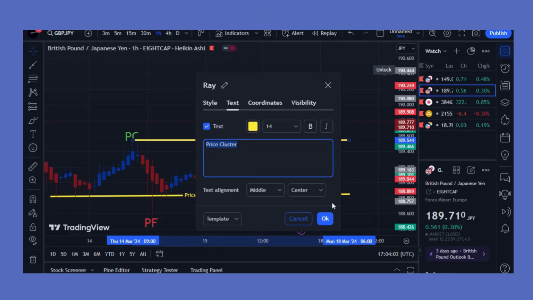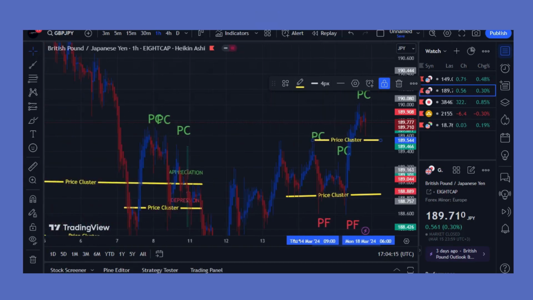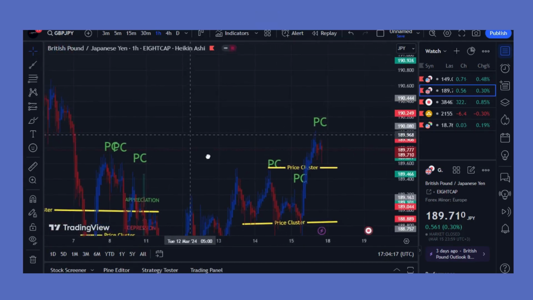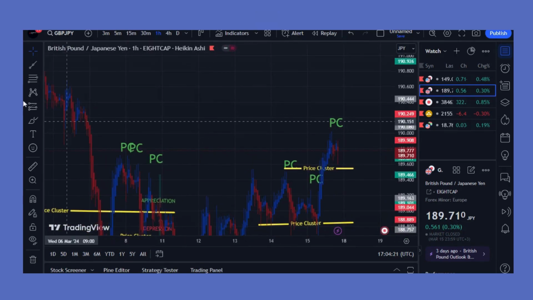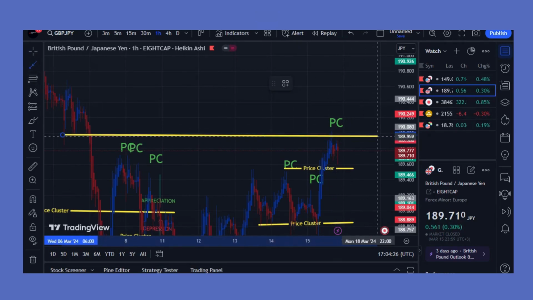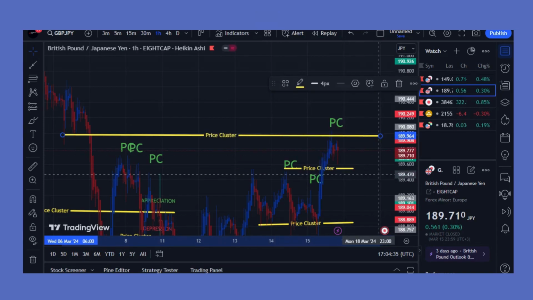Those are the price clusters that are currently visible in this chart. And if we go further from the previous week, surely this pair looked similar to the different pairs. So you can see the previous weeks, there was also another price cluster which is already formed. You can see that price bounced from that price cluster there. So price cluster here,